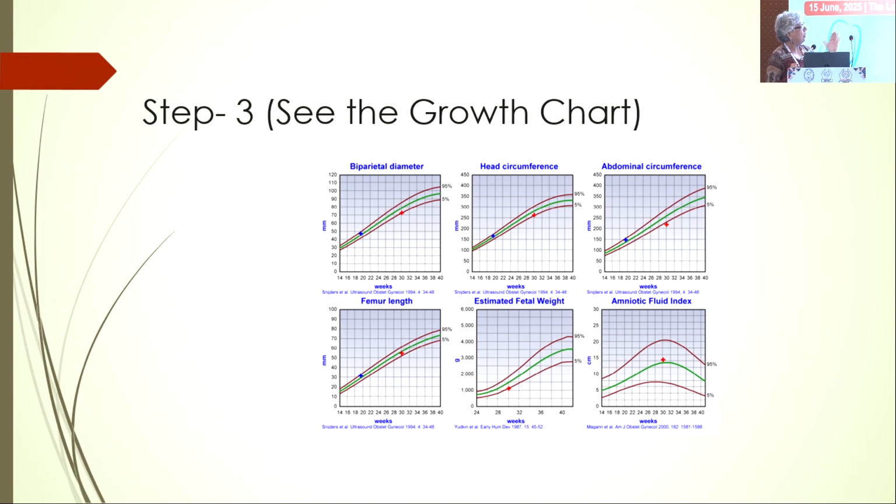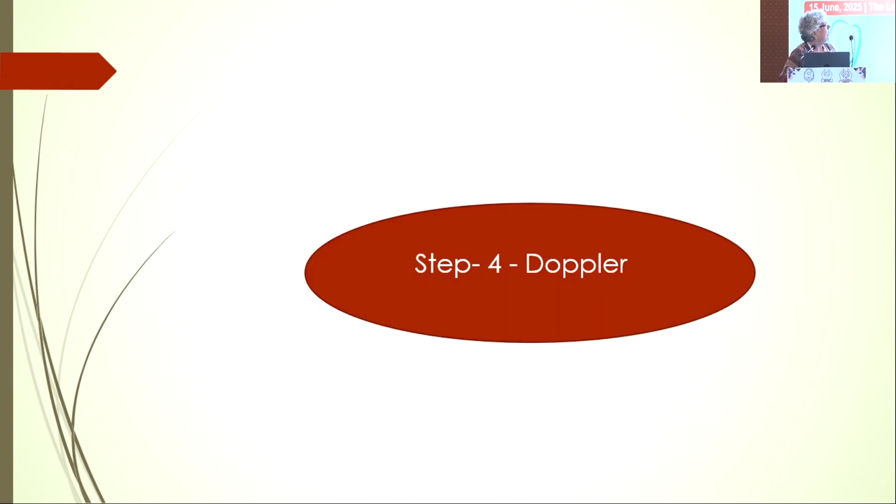First of all, I can differentiate whether it is intrauterine growth restriction or small for gestational age. Second, the gestational age of onset, at which gestational age we are getting the growth discordancy, so I can differentiate early onset IUGR from late onset IUGR. Similarly, I can find out the amniotic fluid index from the chart, whether the liquor is normal or not. So this is the information I can get, and for each and every growth parameter, I can get the growth pattern. Then the next thing is Doppler.